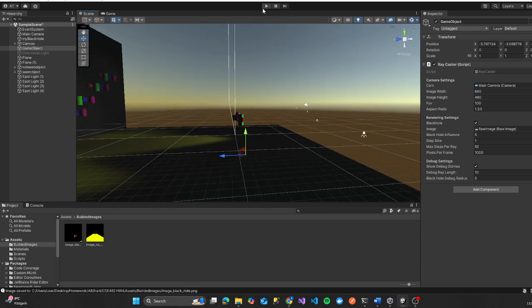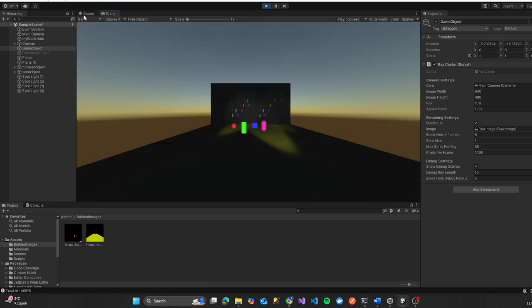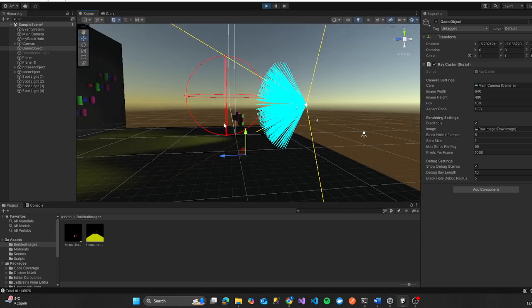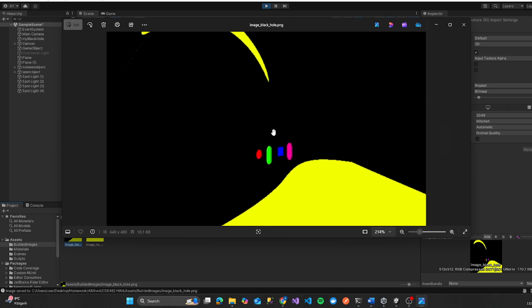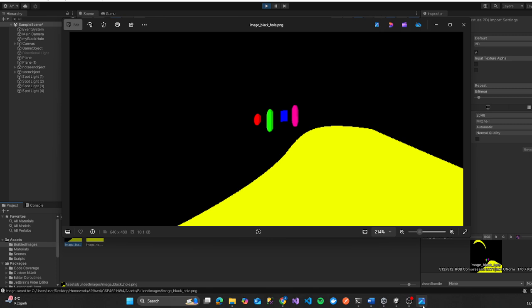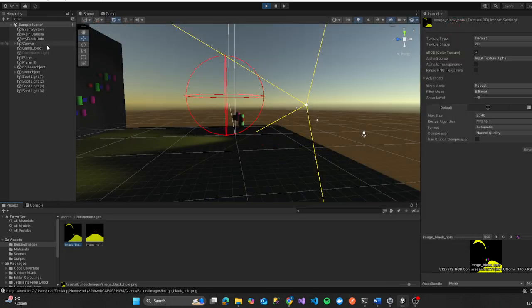Let's again come here and start again. Our lights come here, waiting. Our influence is 5, so we can see the updated image like that. So we can understand that our black hole object is more than